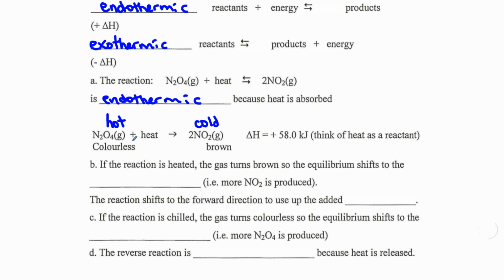So in terms of these colors, it's telling you that this gas is colorless and this gas is brown. So we can tell how the reaction has shifted based on the color change. So that's all these colors are referring to. So this says if the reaction is heated, the gas turns brown. So the equilibrium shifts to the left. Okay, so that change of color to brown is telling us that